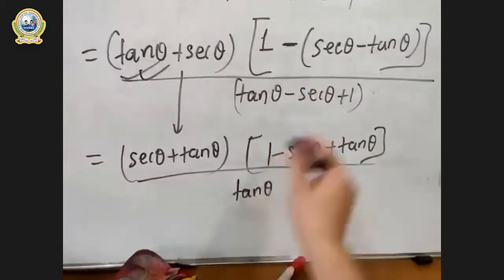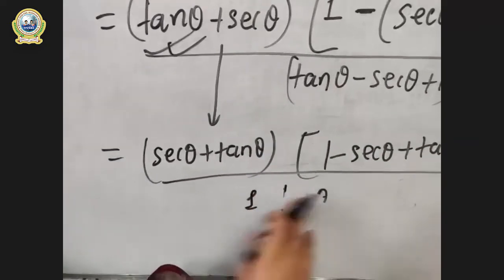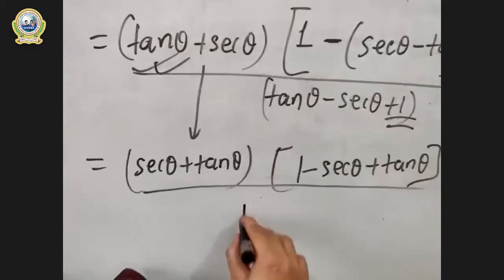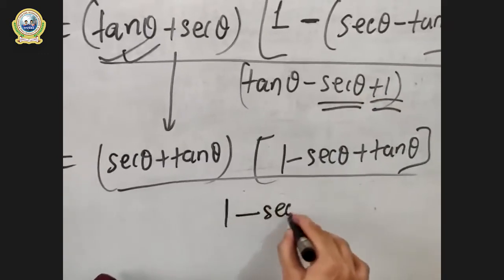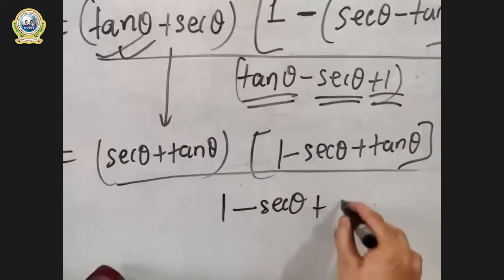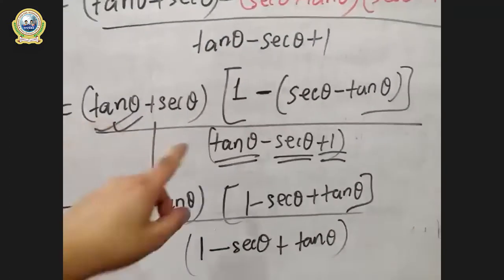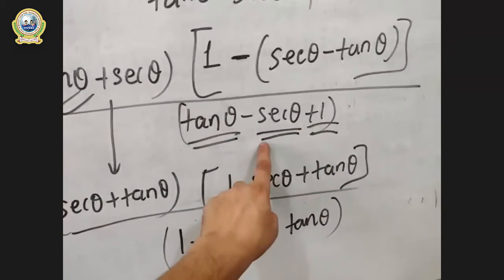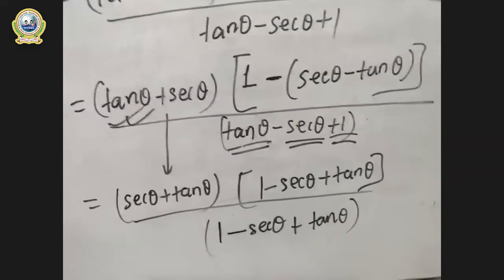And in the denominator part, we will have tan theta. Let me arrange this, okay? You can write this one as the first term. Is this clear? Let me arrange this first. Just a second. You can write this one in the front part. It will be 1, right? And write this in the second part. It will be minus sec theta. And write this in the third part. It will be plus tan theta. Are you getting me? I have just arranged the denominator. This plus 1 has been written at the first part. This minus sec is kept in the middle as it is. And this tan has been kept at the last part. Is this clear?